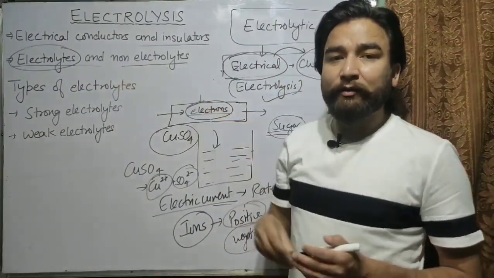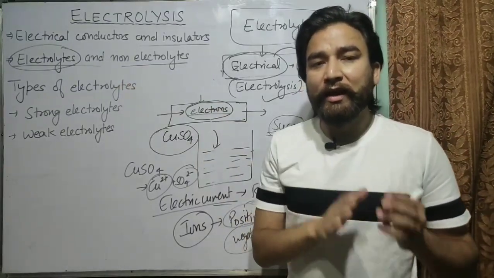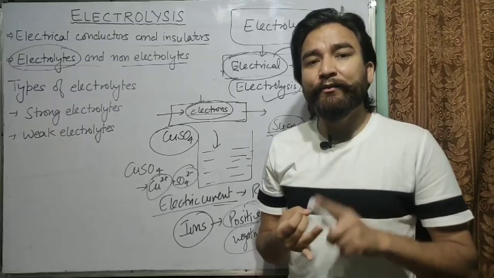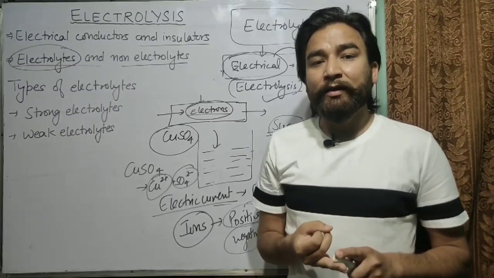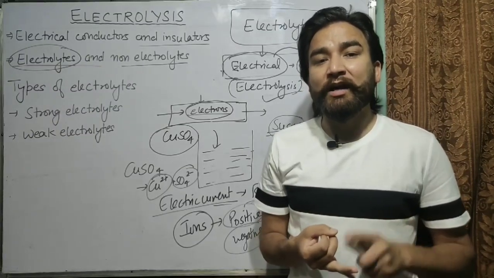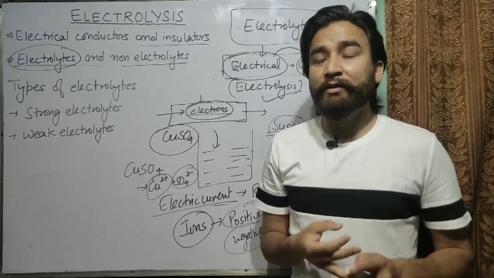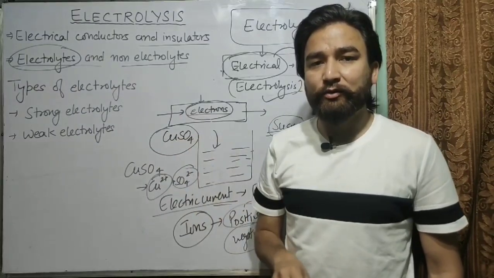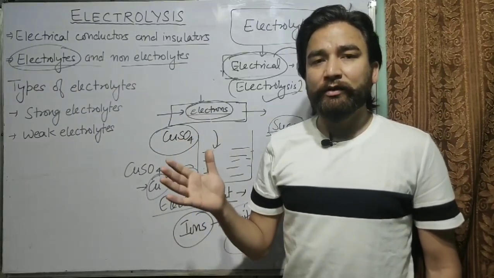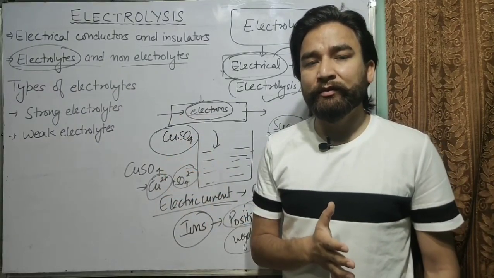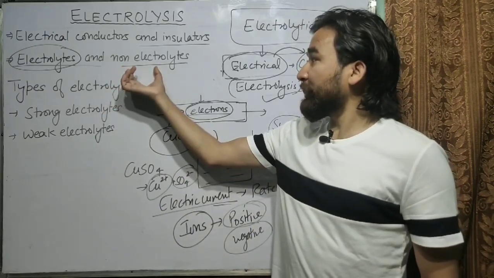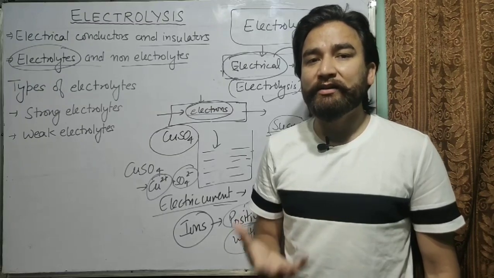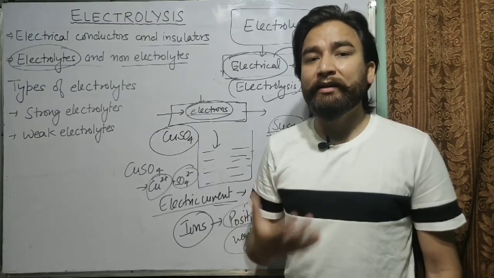electrolytes and non-electrolytes: electrolytes allow electricity to pass through them because they can form ions. As you know, ions have charge with them, positive or negative charge. Because electrolytes are able to form ions in their solutions, they can carry the charge through themselves. But non-electrolytes do not form ions, so they do not have charge carriers and they can't allow electricity